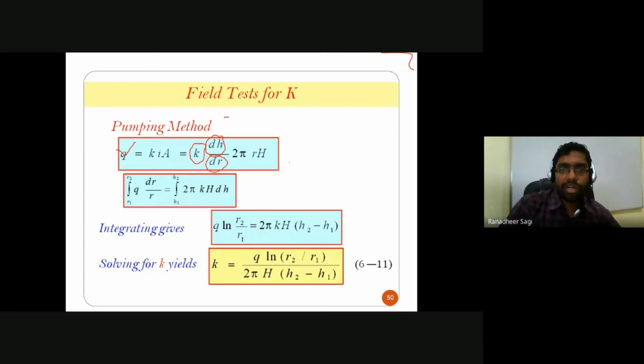Once I understand my expression for flow rate, my objective is to rewrite all the terms according to their own arrangement and then determine the K value from the integration process. So I'll take your dr terms onto one side and all your dh terms and any other terms onto the other side, and then carry out the integration. When the radial distance varies from r1 to r2, the subsequent variation in the head level is from h1 to h2, or in the other way, when the radial distance varies from r2 to r1, the variation in the head levels in the observation wells 2 to 1 is h2 to h1.